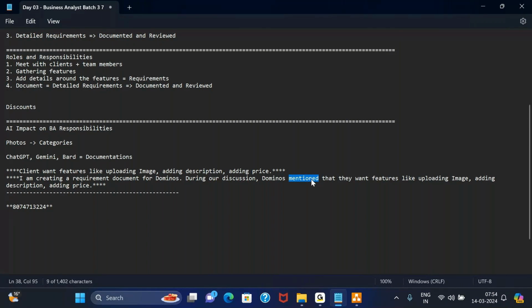So there's a very thin line. Either we do all things on our own, or if we want to take help from any of the AI tools, we certainly can, there's no denying that. But ensure that you are not sharing any personal details with respect to the client, the organization you are part of, or yourself.